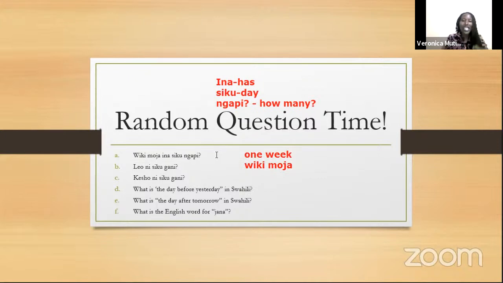I know it could be a challenging one, but Frank, do you want to try to figure out what this means? Yes, please. I think it means how many days are in the week? Yes. So I'm asking this in Swahili, Shannon, and you will give me the Swahili answer, just the direct answer, if you understand what it means. So Shannon, wiki moja ina siku ngapi?